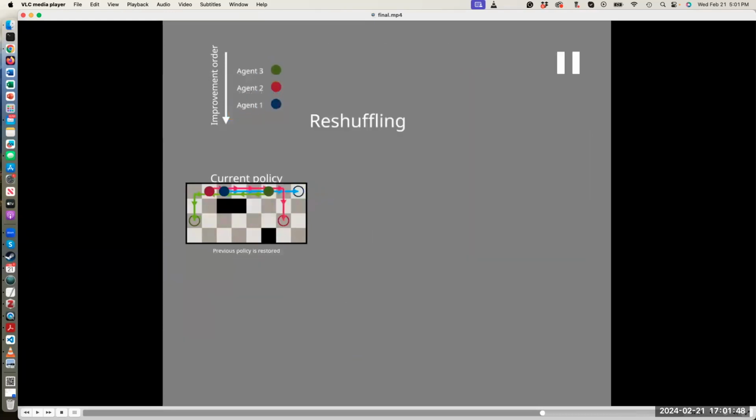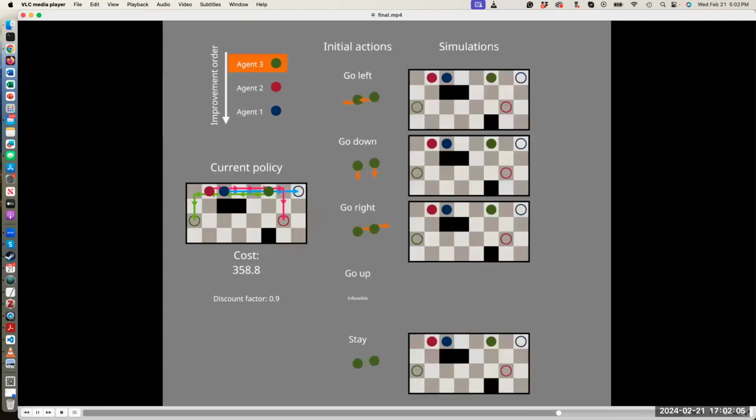So what should we do? There are more principled ways that I'm going to touch upon later, but one way is to simply randomly reshuffle the order in which the agents optimize their control. So if instead we optimize the control for the third agent first, you have